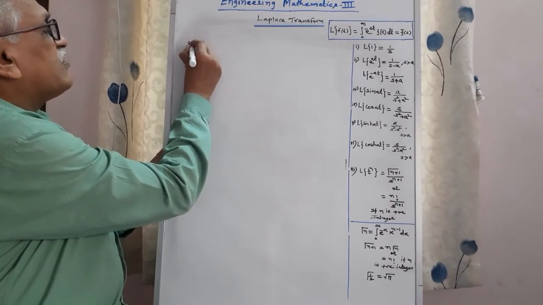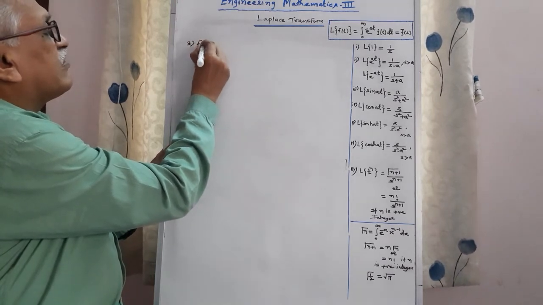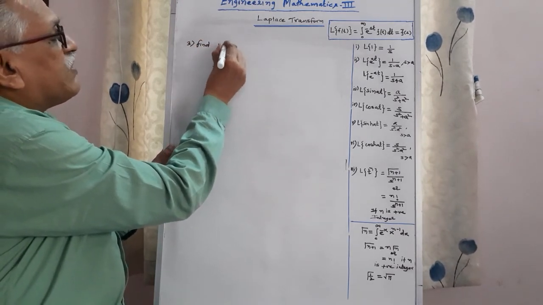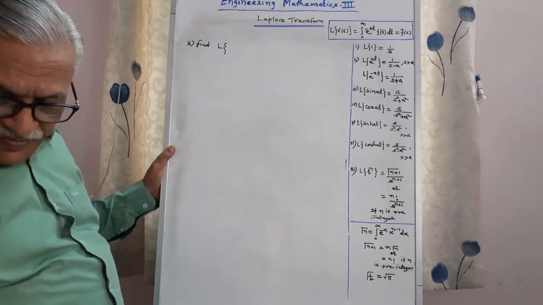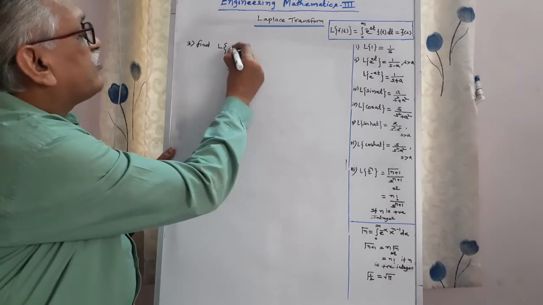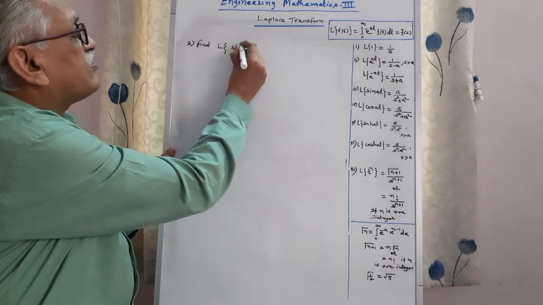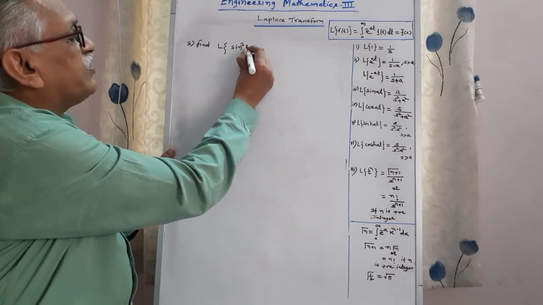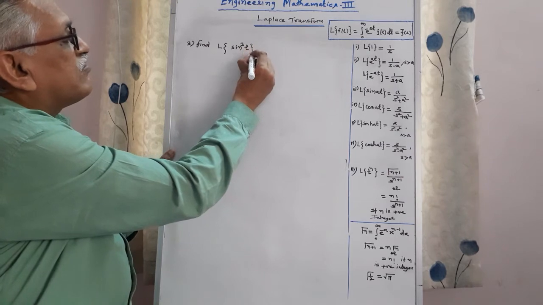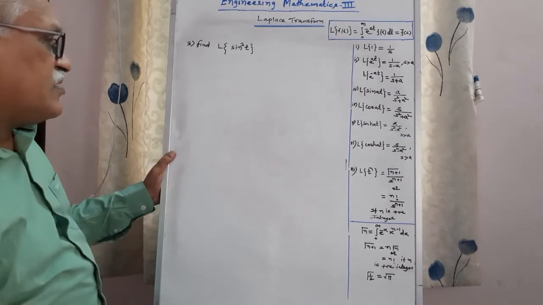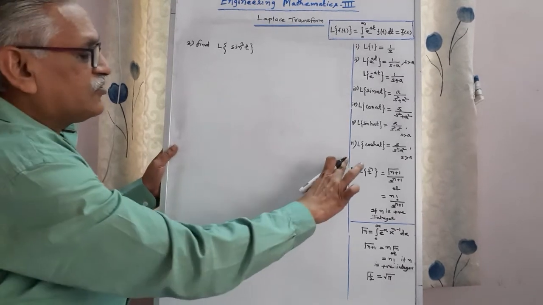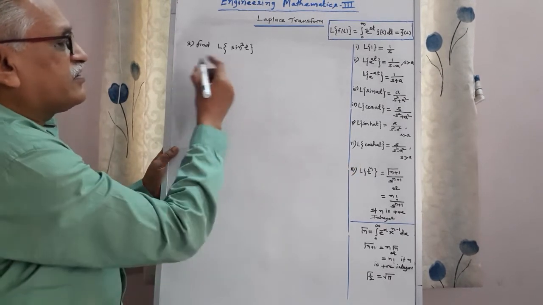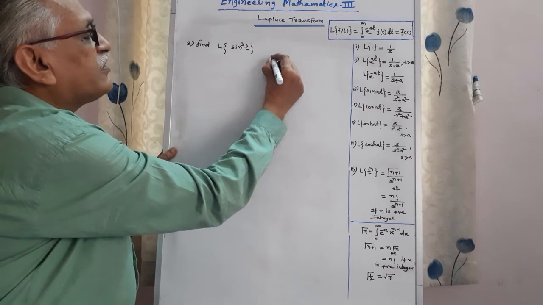Third example, find Laplace of sin cube t. Again, no result for sin cube t directly. Therefore, we have to use a standard result. We know that